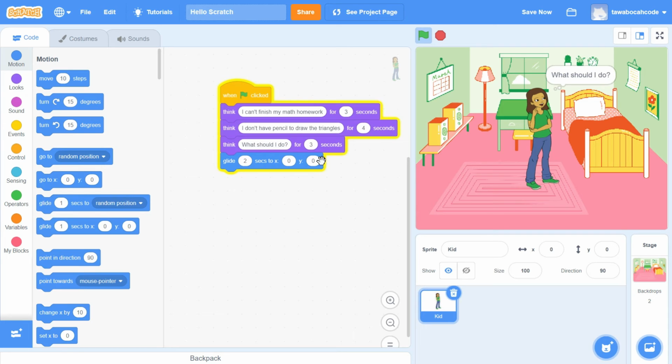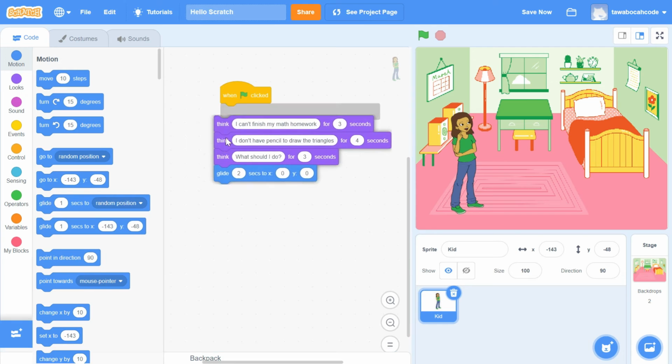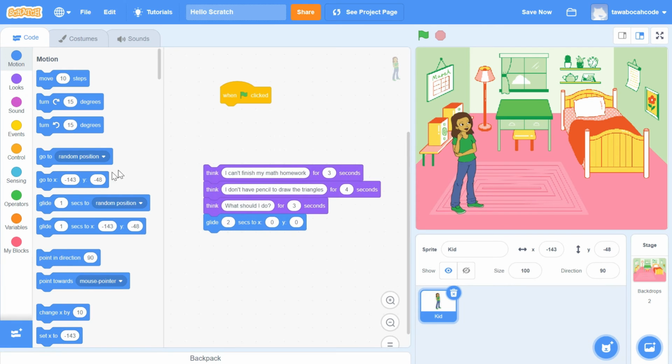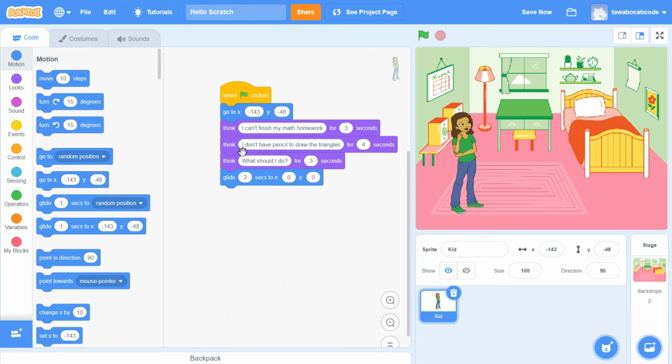So we will change a little. When the green flag is clicked, we will put the sprite at the bottom left. Click and drag the sprite to the bottom left. Then, add the go to block on your coding, below the block when green flag clicked. Notice that X and Y in the go to block are automatically filled with the current sprite's position.